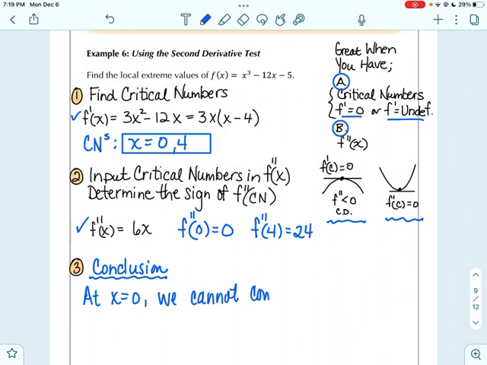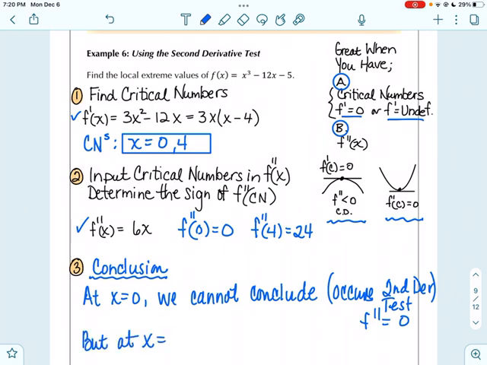So that occurs when the second derivative f double prime is equal to 0. We can't make a conclusion about that. But at x equals 4,